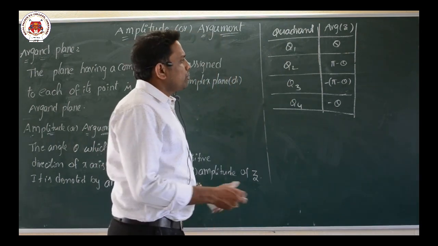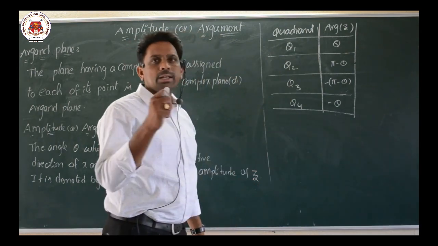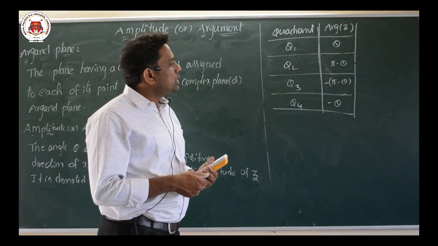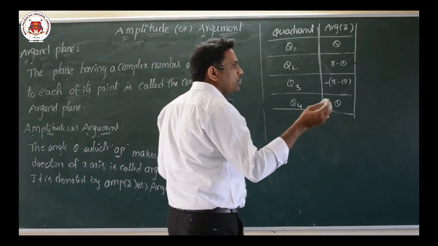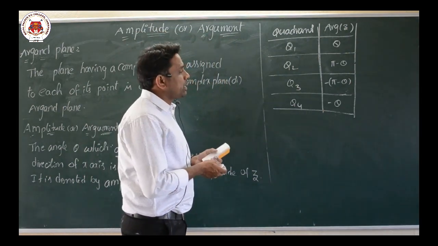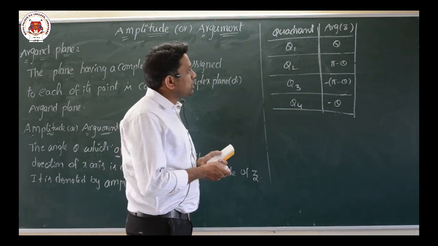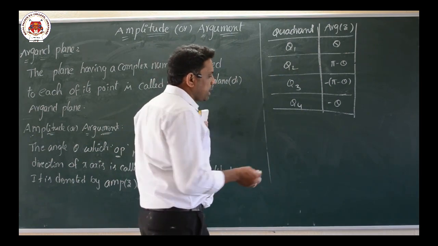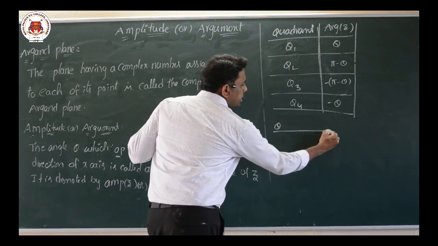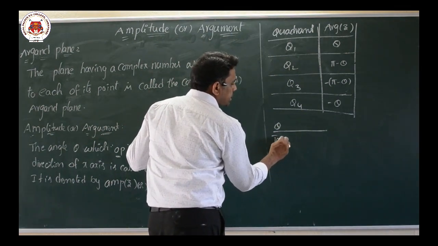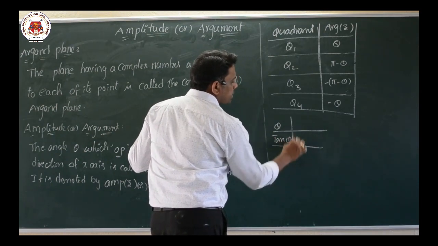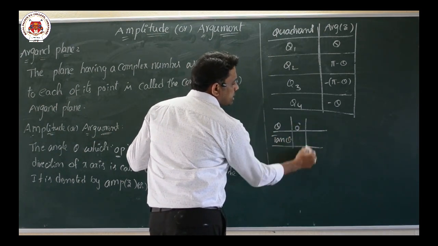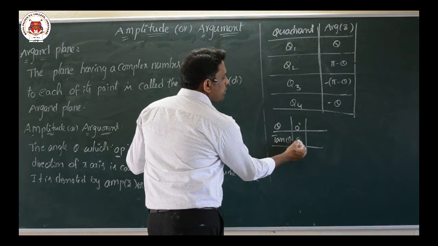Now before going to this, we need the trigonometric values also. In 10th class you have the trigonometry topic, and in PUC first year also the trigonometry topic is there. From that I am going to take only the tan value. So very important here, theta and tan theta. If the angle is 0 degrees, then the tan 0 value is 0.